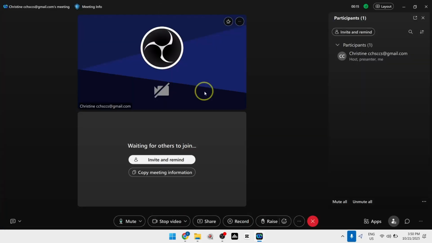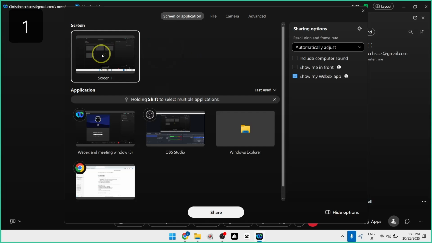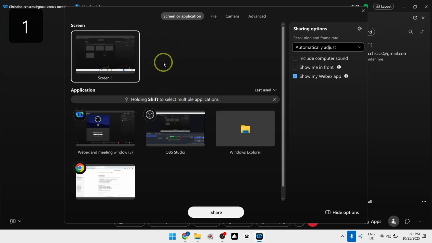Once inside the meeting, at the bottom corner of your screen, you should see the share button. All you have to do is click on it, and from here, you'll see several options pop up. Choosing this screen will share your full screen, while choosing screens under the application section shares only one specific app